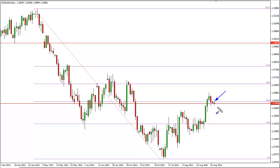I mean, really, what's changed in Europe? And the answer is not much. So the question then becomes, was this a bit of a short covering rally, low liquidity summer type thing? Very possible. But having said that, there are a lot of different things that I've been looking at on this